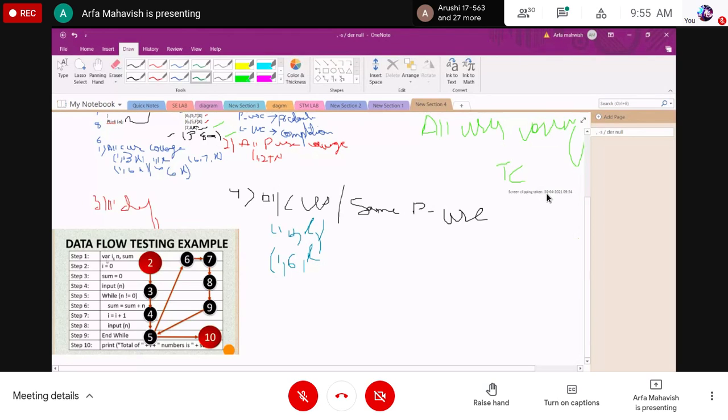In stage 2, I equals 0, and it goes to the third state, then the fourth, then the fifth. After the switch statement it may go to the sixth state, or it may go to the 10th step. Look at the flow of your steps shown in this diagram.